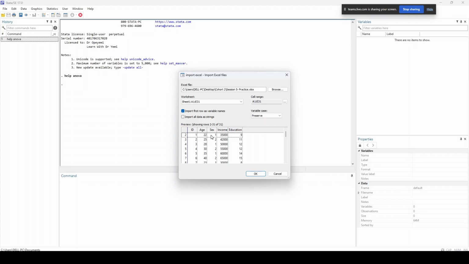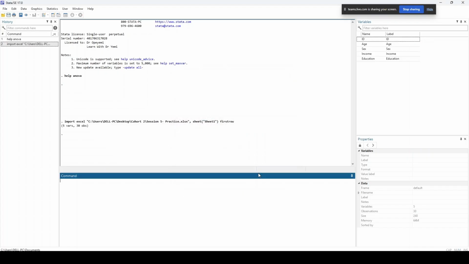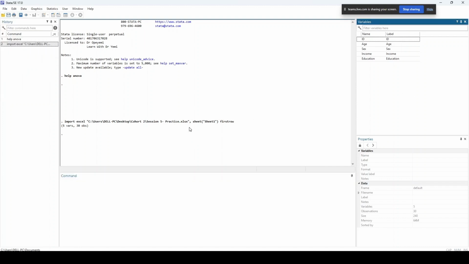So that is me telling STATA that the first row is the variable names. Immediately I click on it, it changed, right? What has happened? If you come to variable, you now see age, sex, income, and education there. So the first thing we have done now is to import